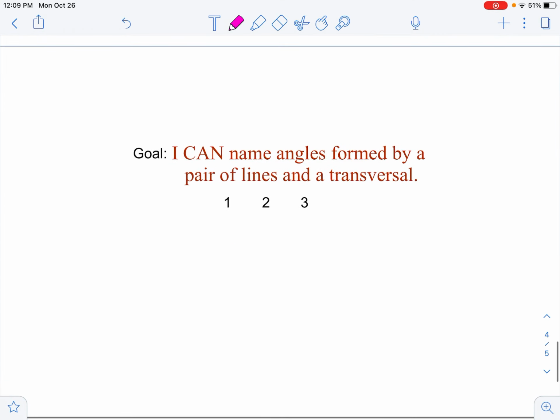Okay, that's it for these notes. How do you feel about naming the angles formed by a pair of